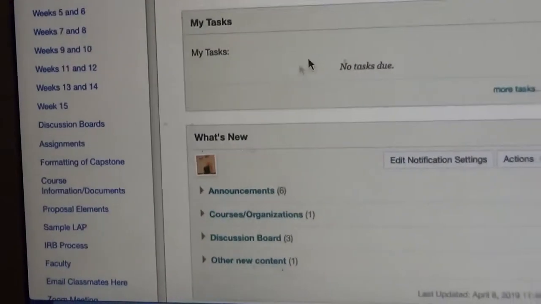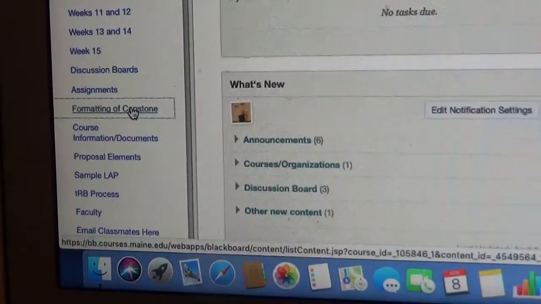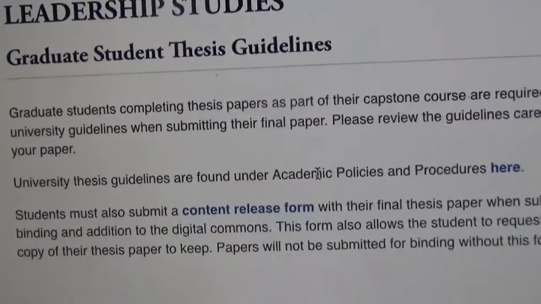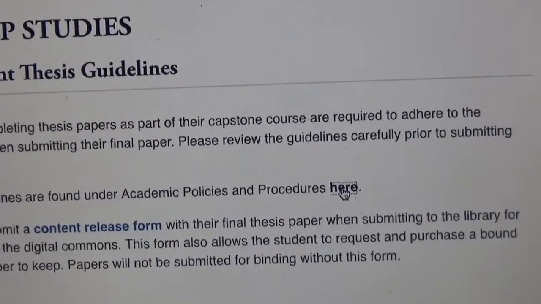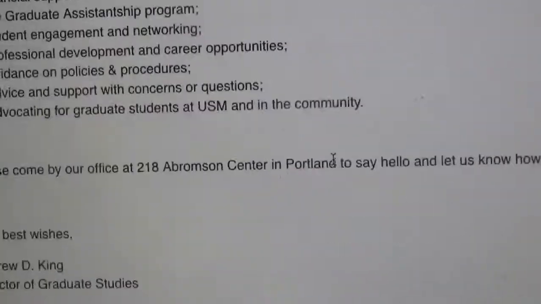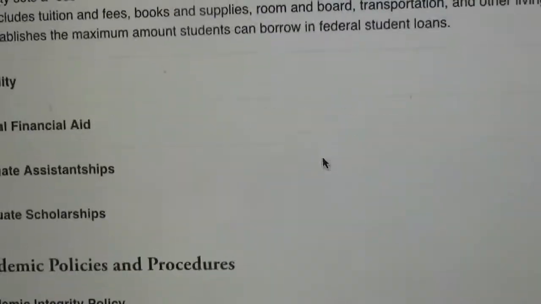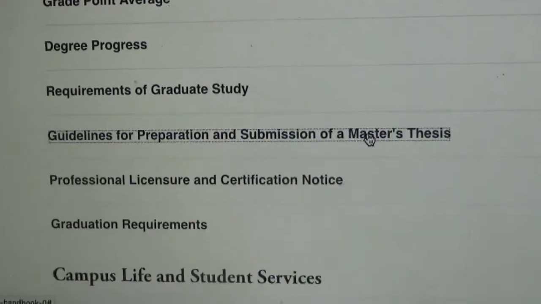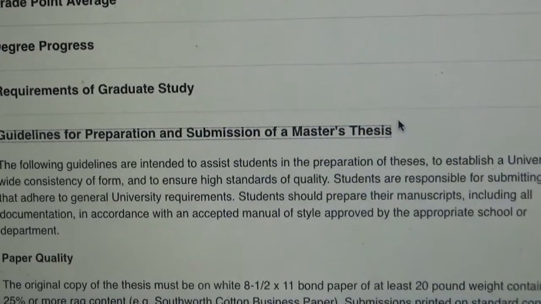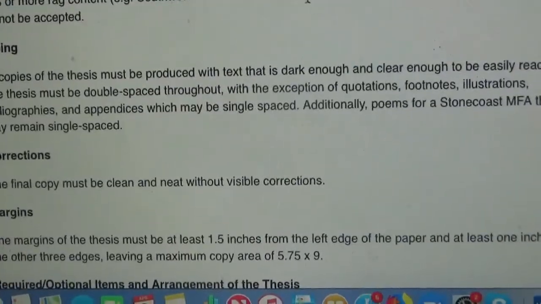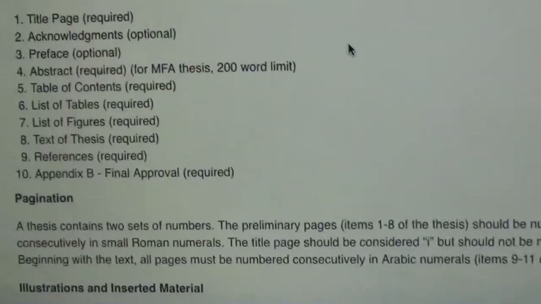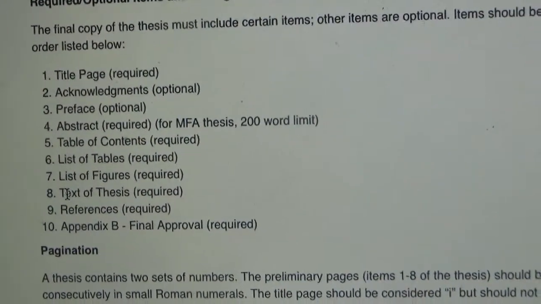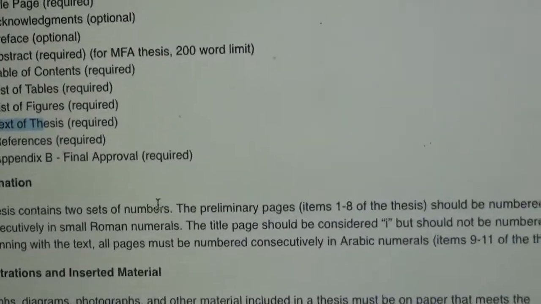And on our site, if you look at formatting of Capstone, and then you click this link, it goes out to leadership, and you click this link. This goes to the Graduate Studies website. And if you go down to here, guidelines for preparation and submission of master's thesis, I think they made a mistake here in wording. When they show the sections of the paper, 1 through 8, 8 is the text of the thesis, and then in their pagination they write